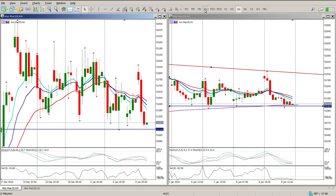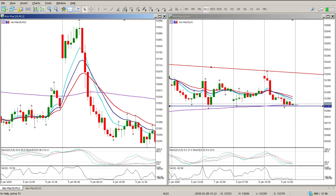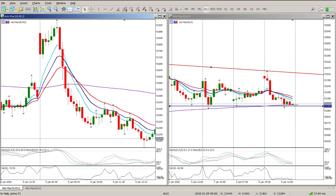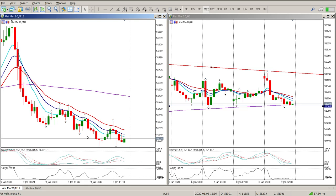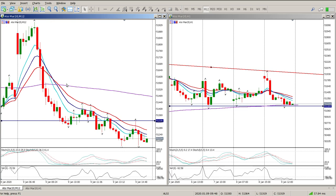Let's just get this down to 12. You can see a proper gap up and then a big move down and keep making lower lows. Okay, we don't really have a double bottom at the moment. You could argue that this is going to be a double bottom, but I think then what you want to do is you're looking for a break above 513.95. You want that to hold, and then you're looking for a move back to the upside. Whether it's going to be as strong as this one,